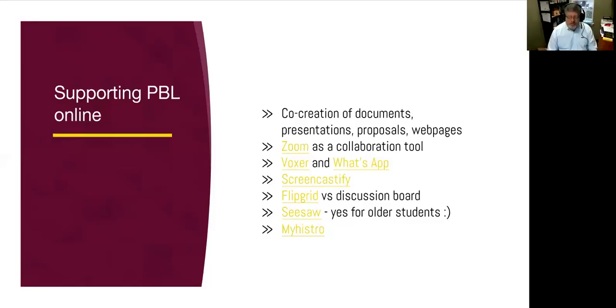For those of you who have the Microsoft Office suite, I really want to encourage you to use Teams and OneNote. In OneNote, you have an opportunity to create classroom notebooks, and anything that can be digitized can be put in there. Because one of the things when we start talking about PBL, we very quickly move away from a textbook driven kind of system. One of the other things you might want to consider doing is over time, as you collect the student work,